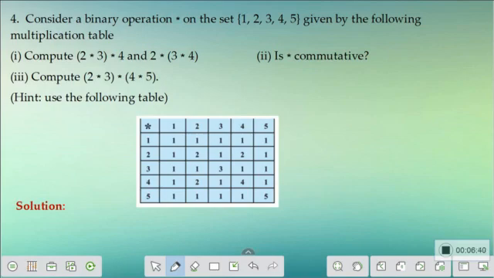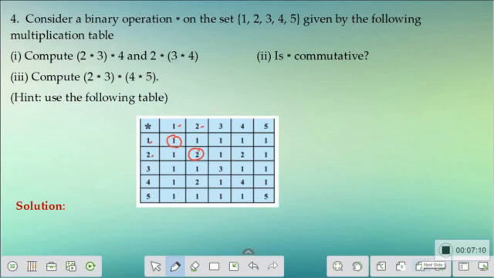Let's proceed calculating all this with the table. So we have a table here. We'll try to understand the values from this table. When we have 1 on the row and 1 on the column, it means 1 star 1 and the output is 1 here. If we have 2 on the row and 2 on the column, it means 2 star 2, which gives you 2. So this is how we have to locate the values of the operations that we're going to perform. Now with this understanding, we'll start solving the problems.